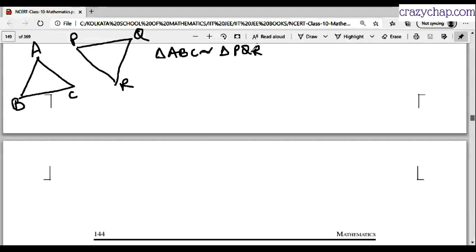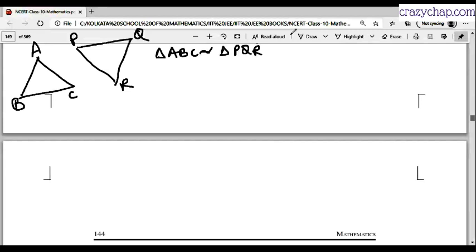So if these two triangles are similar, then of course the corresponding side ratios will be equal, right, Akib? Yes, sir. Then of course their corresponding areas will also be equal. The areas will be equal to their side ratios squared, right? Right, sir. Now my point is that side ratios will be equal to the corresponding median ratios, and corresponding angle bisector ratios.